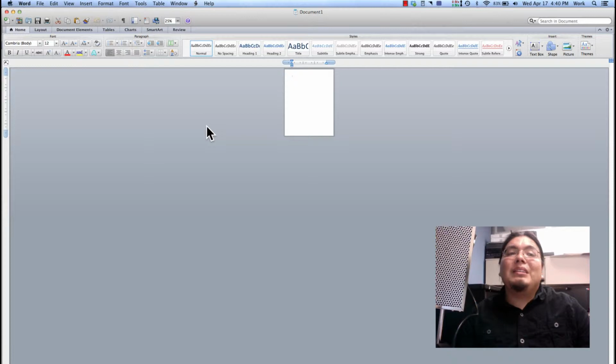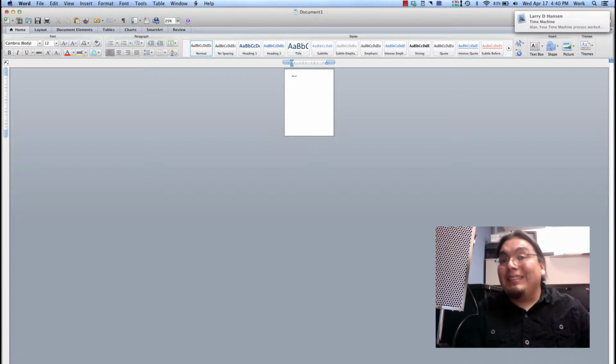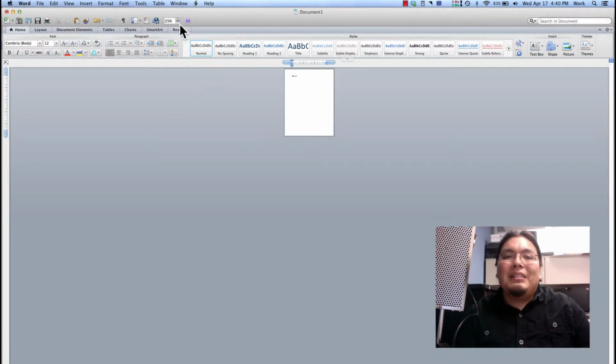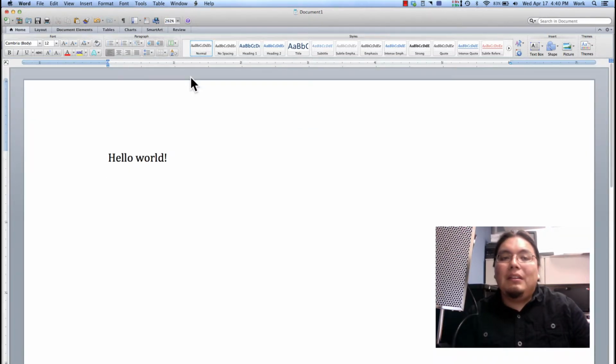If I was to do a screencast on this Microsoft Word document and I tried to type something in, you can't read that. Little pop-up. We'll get into that in a moment. So what I'm going to do is adjust the zoom on my document to fit the page width. That way, whoever's viewing the screencast can see this word nice and big,